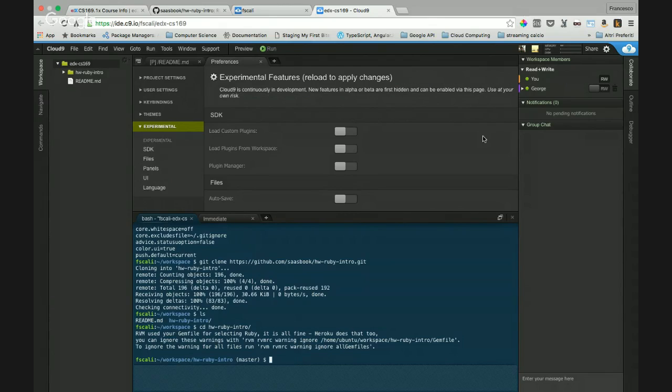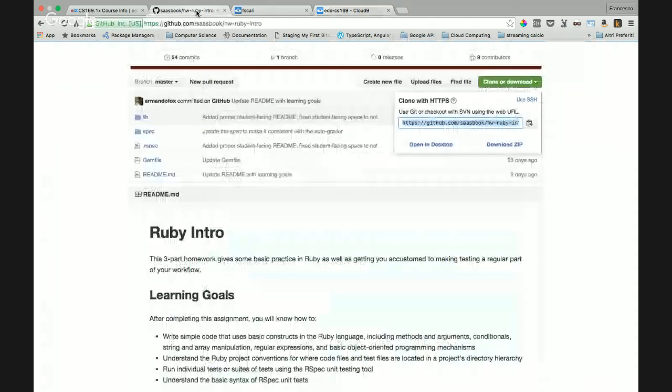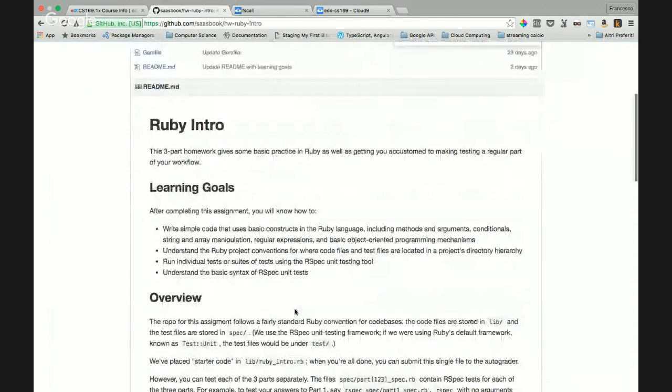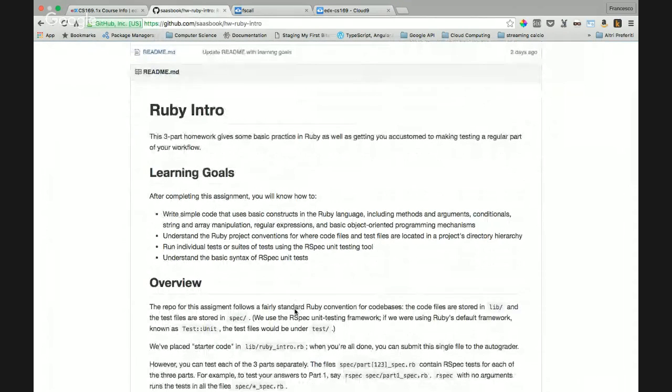Okay, so we can decide how to divide our tasks. I suggest we start from the first task, and there are already some specs.